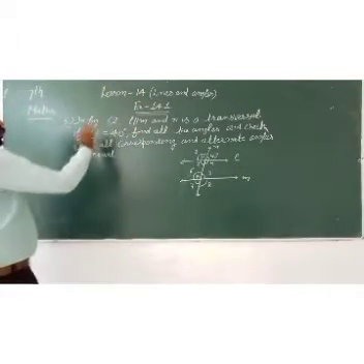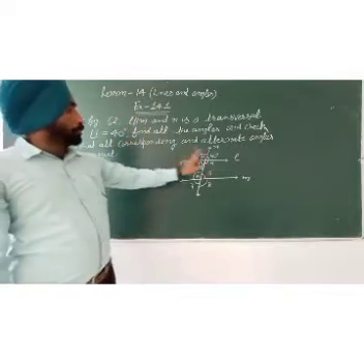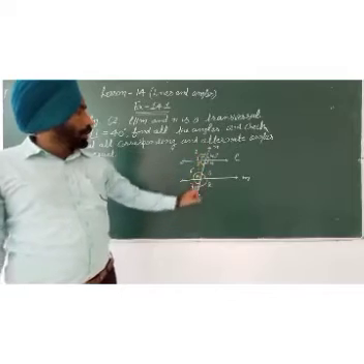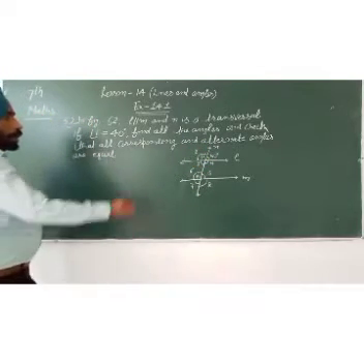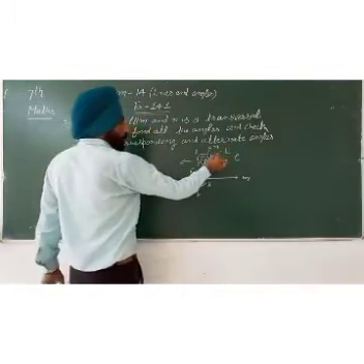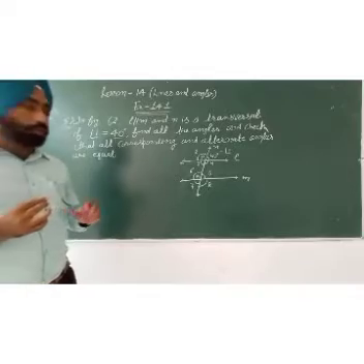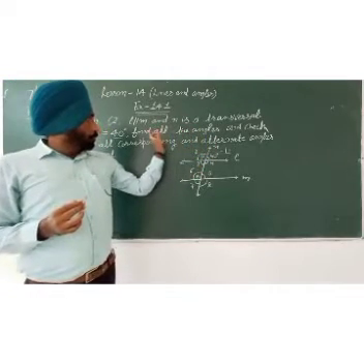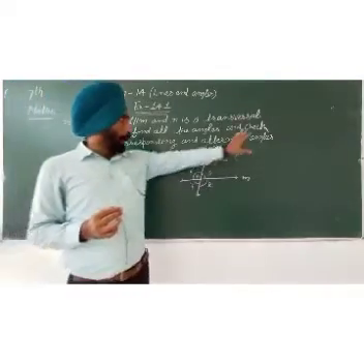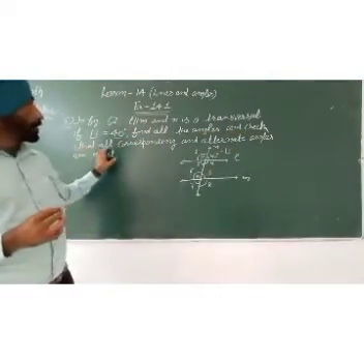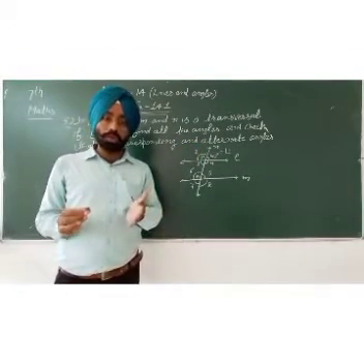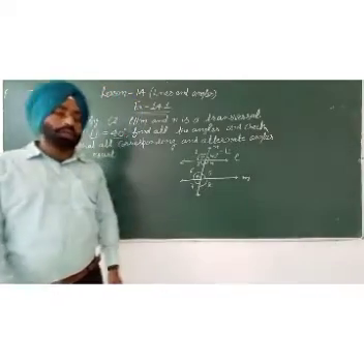In figure 62, line L is parallel to M, and N is a transversal. And angle 1 is equal to 40. Find all the angles. You have to find other angles and check that all corresponding and alternate angles are equal. और आपने देखना है कि सभी corresponding और alternate angles equal हैं या नहीं.